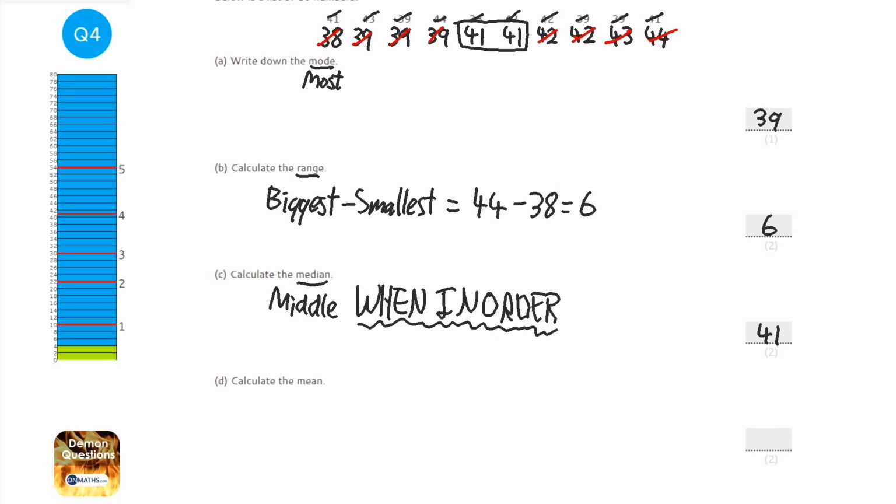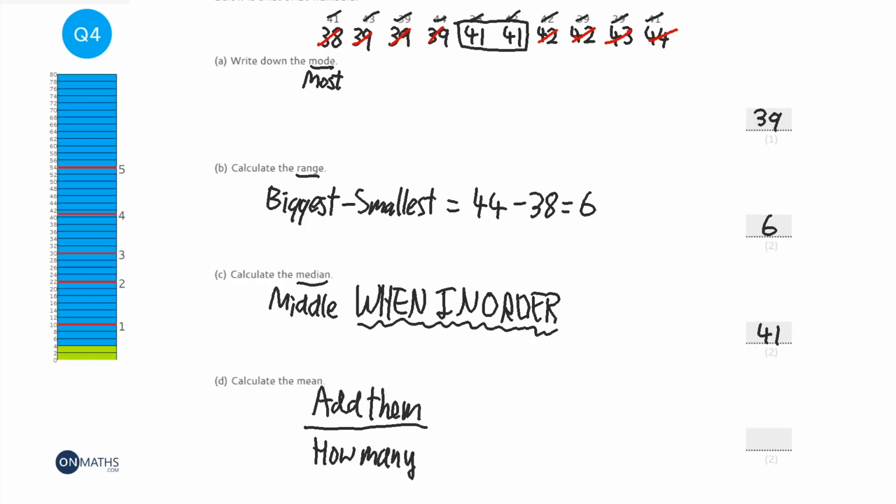Now the mean, a lot of people call it the mean one. You add them all together and divide it by how many? So I'm going to do this on my calculator. I'm going to do 38 plus 39 plus 39 plus 39 plus 41 plus 41 plus 42 plus 42 plus 43 plus 44. Hopefully I've got the right answer of 408. Over how many there are? Well, there's 1, 2, 3, 4, 5, 6, 7, 8, 9, 10. So I need to divide that by 10, and I get 40.8